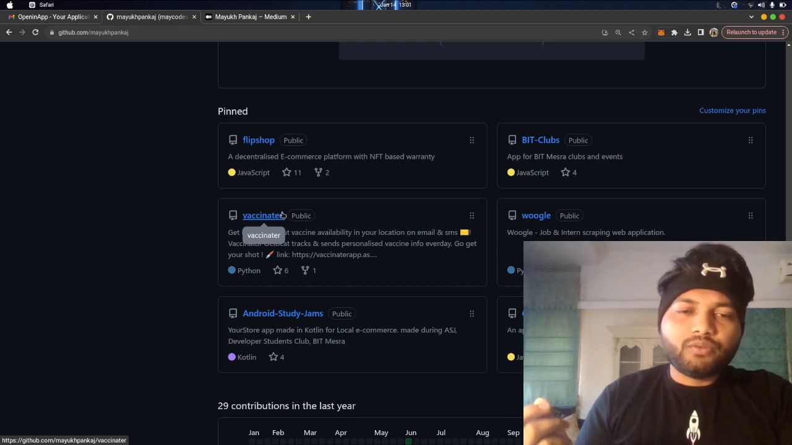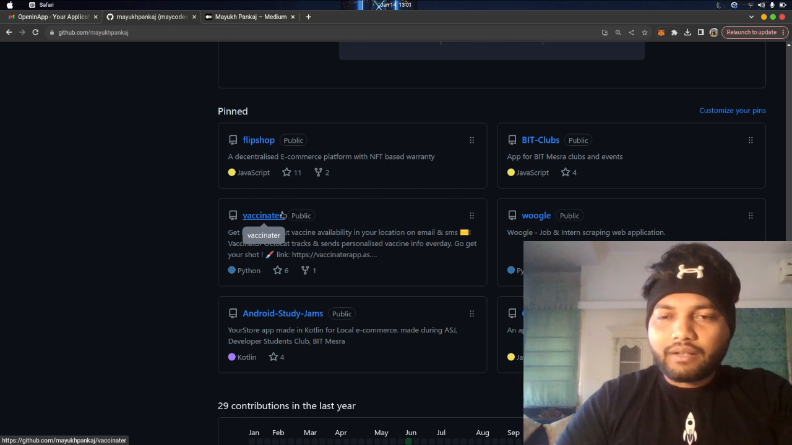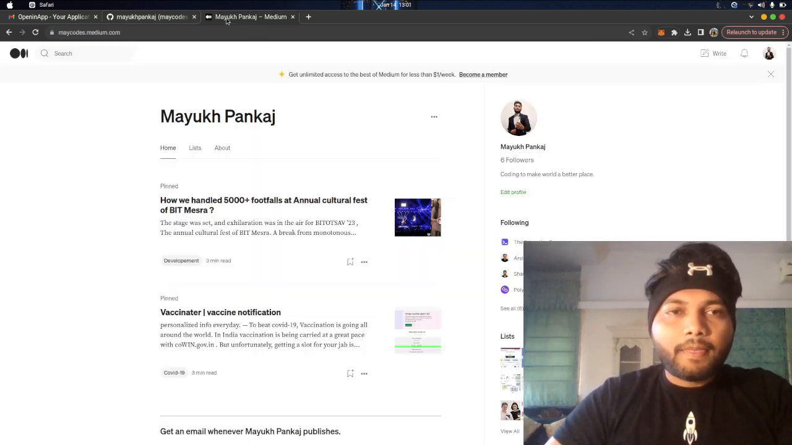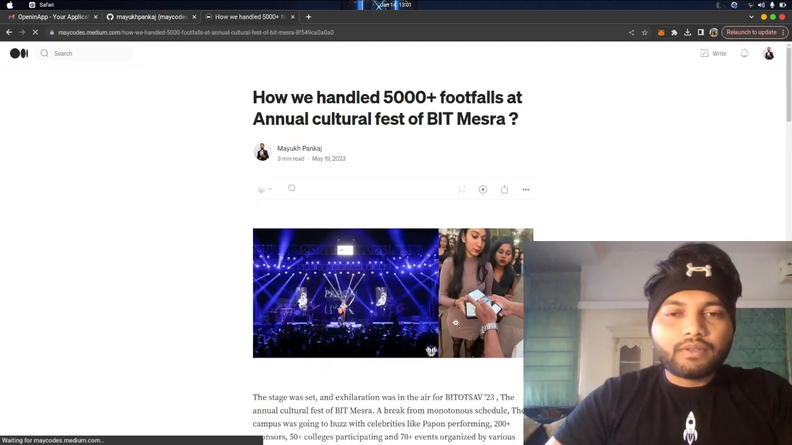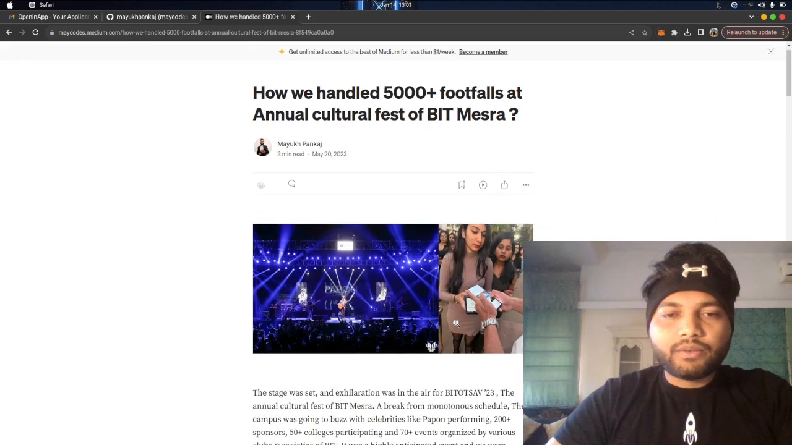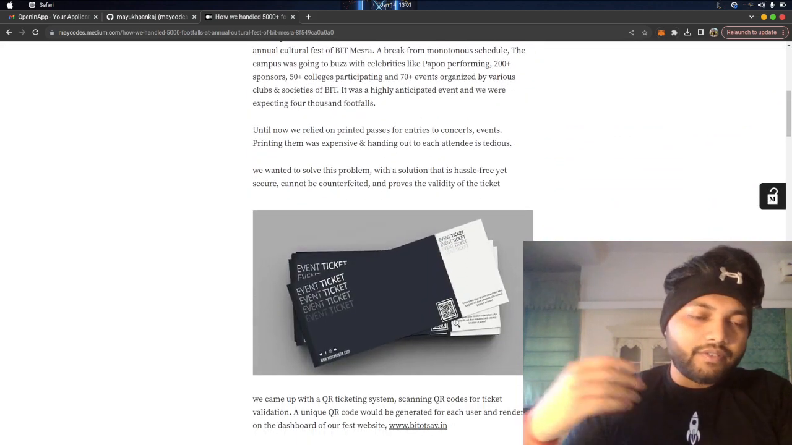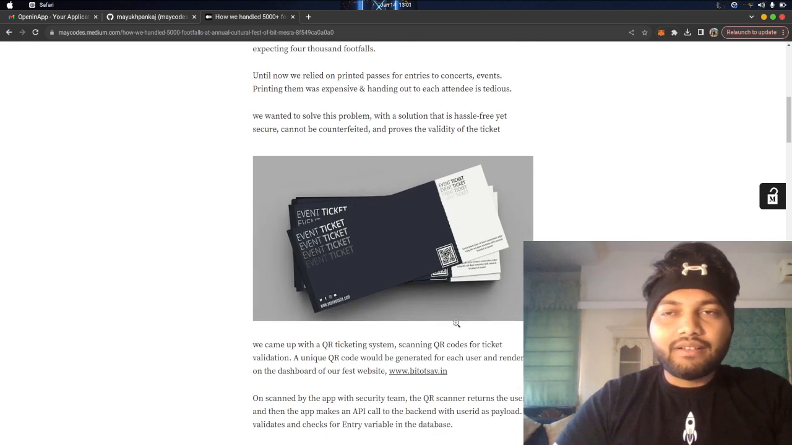Okay, there's a new vaccine available in your location. So that was one of the coolest projects. Let's get to them one by one. So this is a cultural fest. It had 5,000 attendees, and previously we used to have paper tickets, so they could be counterfeited, and